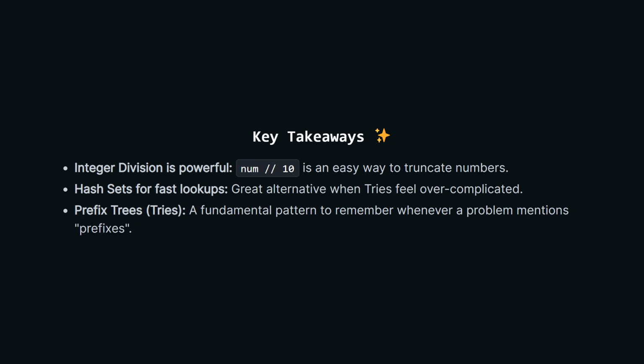To summarize what we learned here today, first, dividing an integer by 10 is a really clean way to chop off digits without having to convert everything to strings first. Second, hash sets are incredibly fast for lookups and can often replace a trie if you just need to check exact prefix matches. And finally, tries are a fundamental data structure you should instantly think of whenever a Leetcode problem